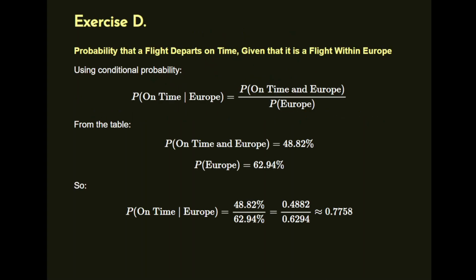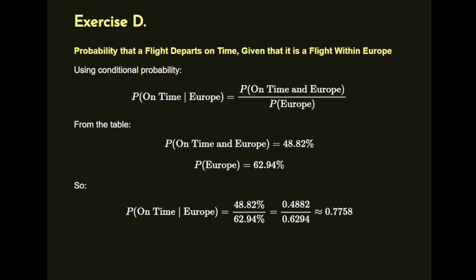Okay. Now, what is the probability that the flight departs on time given that it is a flight within Europe? So now we're looking at conditional probability here. So how do we verbalize that? So using conditional probability, we have the probability of on time given Europe, inside Europe essentially. So that vertical bar suggests given. So what we're going to do there is use the conditional probability rule. So here, how we would express it is the probability on time and Europe divided by the